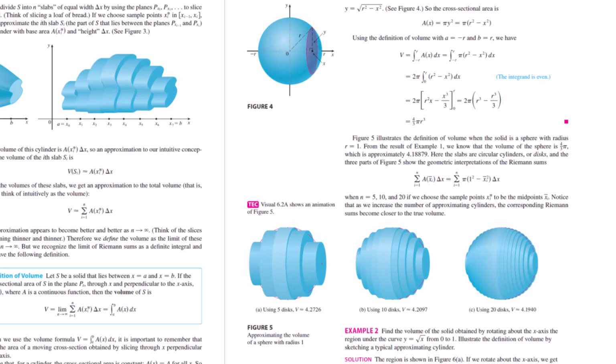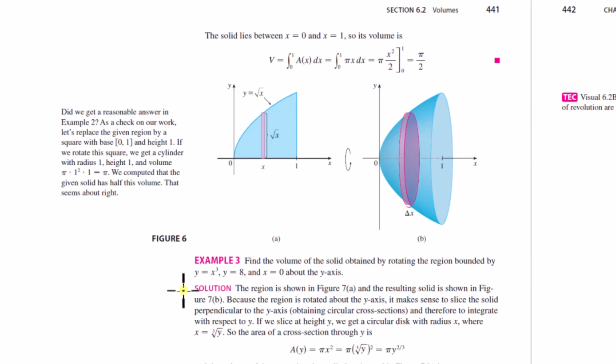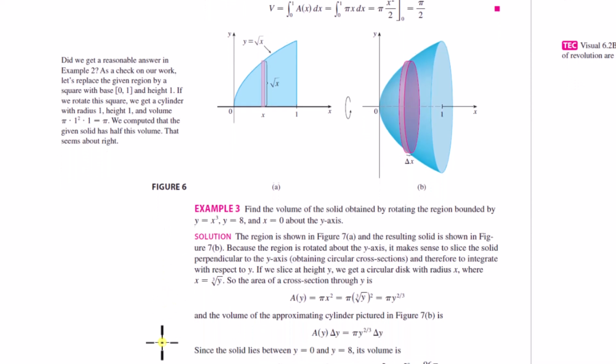revolving that region around the x-axis, but it's still the same concept as far as you're just integrating that cross-section formula dx. That's the differential volume you're trying to find: that cross-sectional area formula times delta x. That's the individual element. All right, and so that's the general idea that they're going to do in the rest